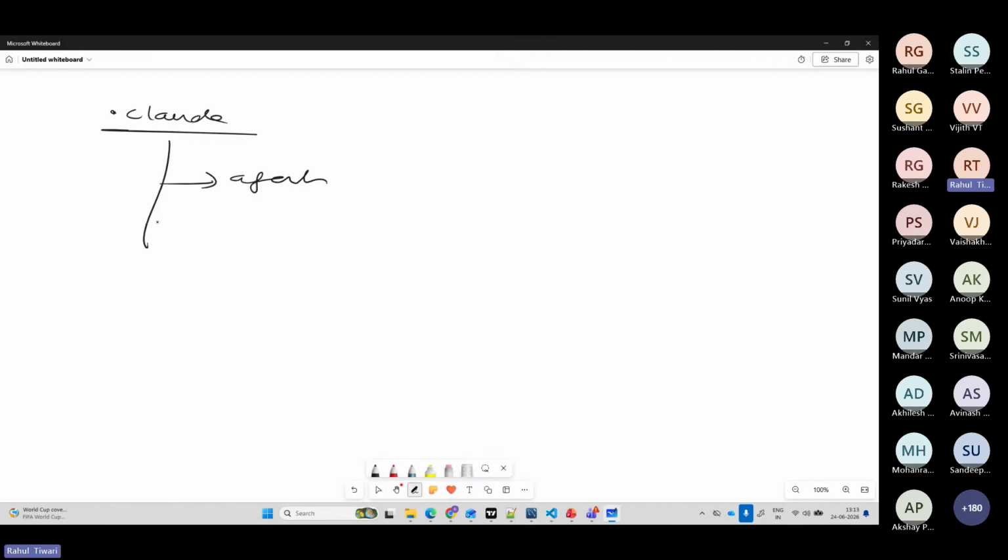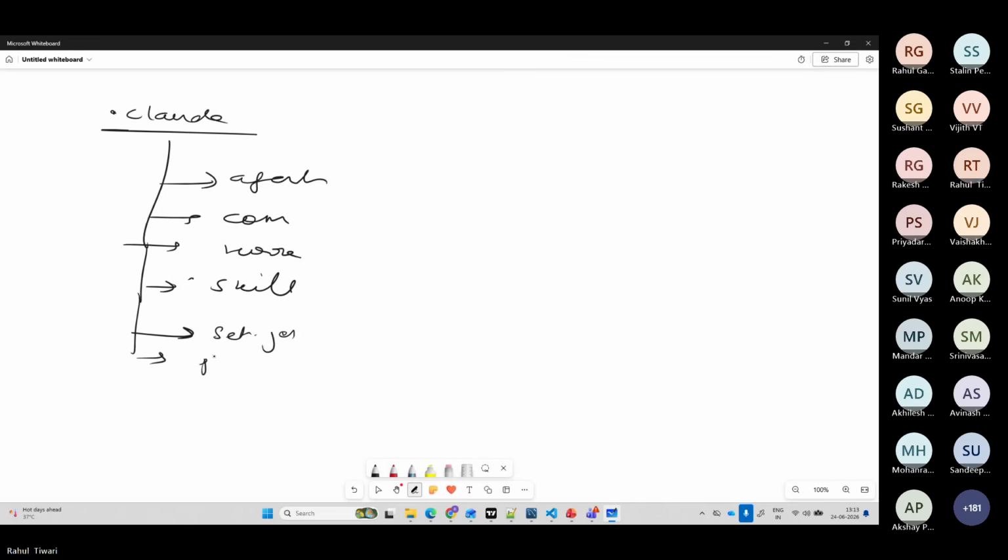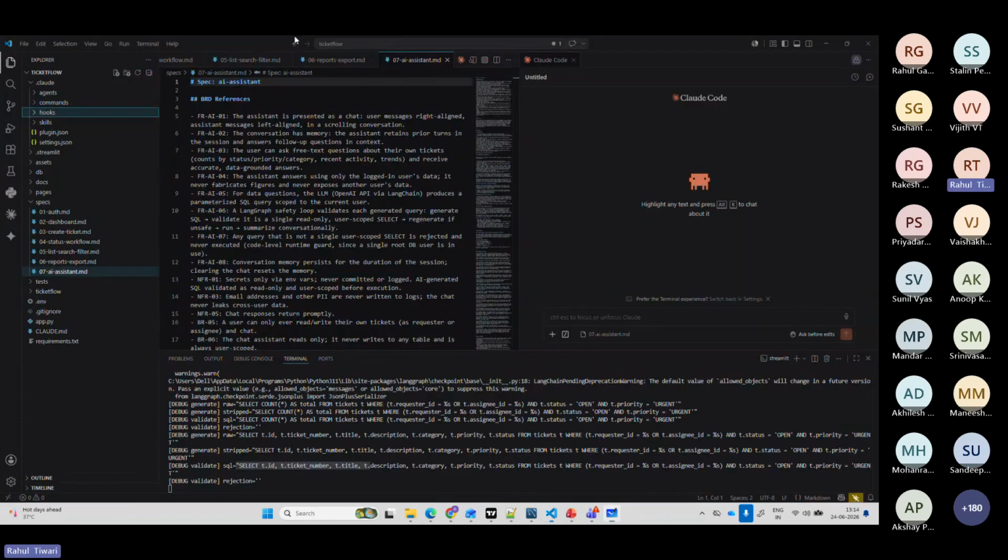So agents, commands, your hooks, skills, and 2 files: settings.json and plugins.json. Right? So I'm talking about, as of now, commands. Inside this, I have one spec.md. So what does spec.md do? If you go back and check it out,